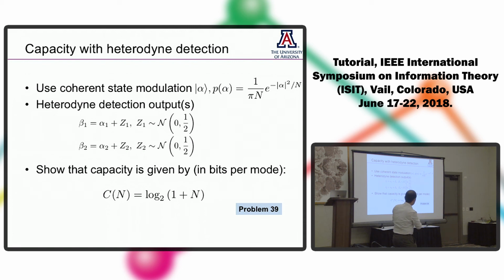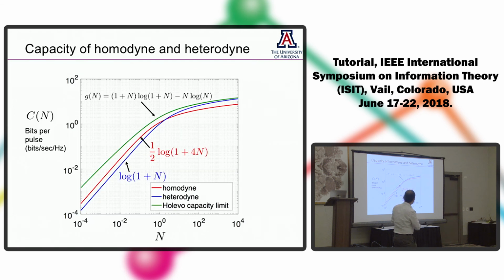But the noise term, instead of 4n, it becomes n. So your signal to noise ratio is worse. So when you plot these capacities, what you see is that there is a crossover that happens between homodyne and heterodyne capacities. And this has actually been known for a long time, that when you are in the power limited